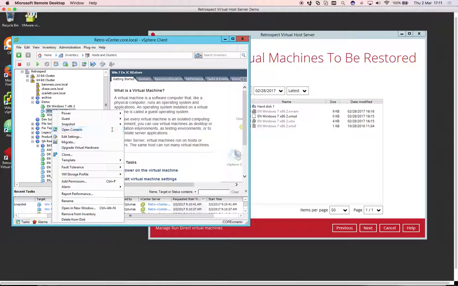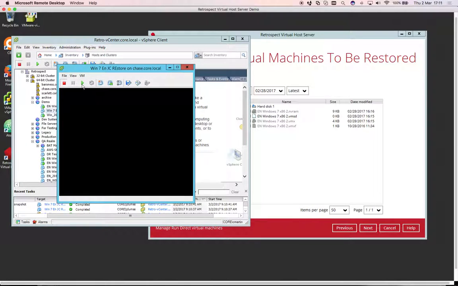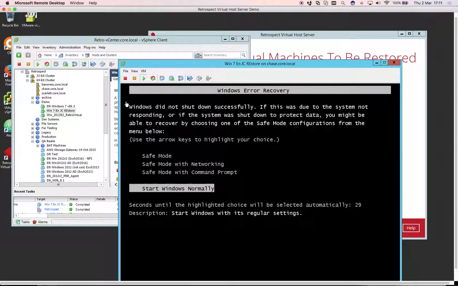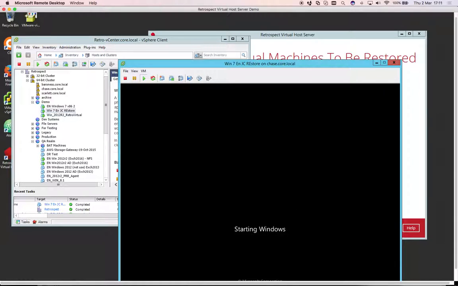I'm now going to open this machine and power it on, and it might ask me to start in safe mode or not. Okay, I'm just going to start Windows normally. Sorry, hit the key now. Oh, sorry, I didn't hit the key. I have now. And it's now starting